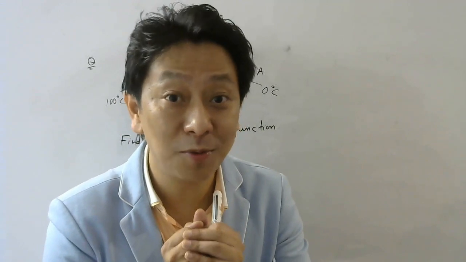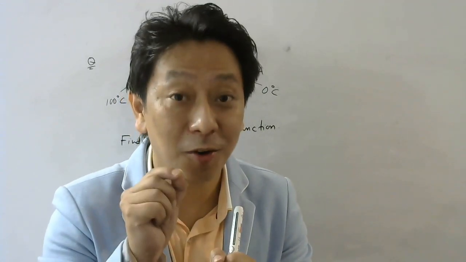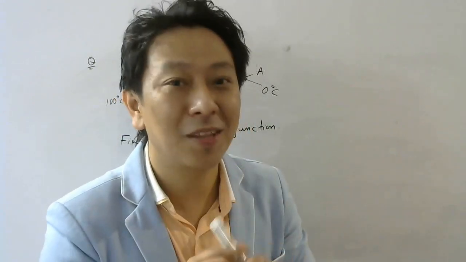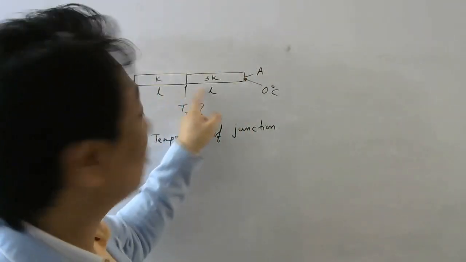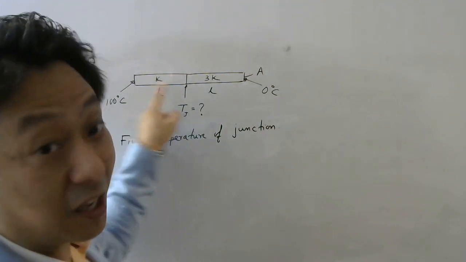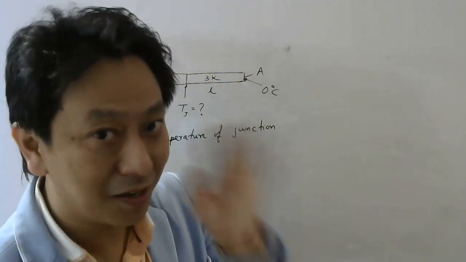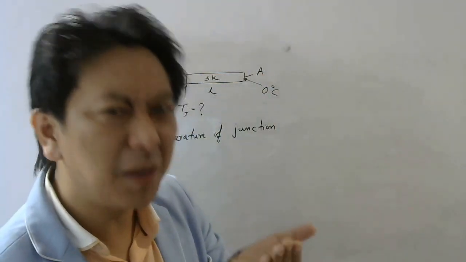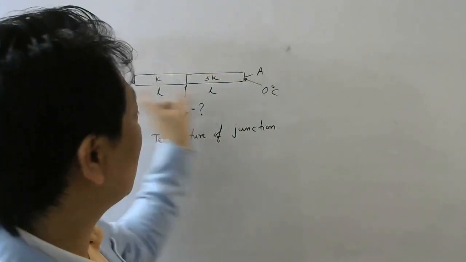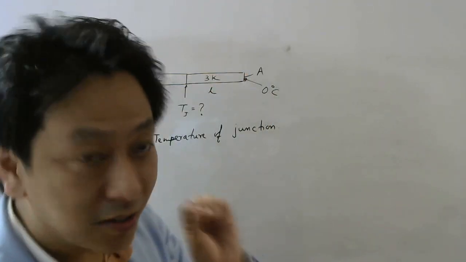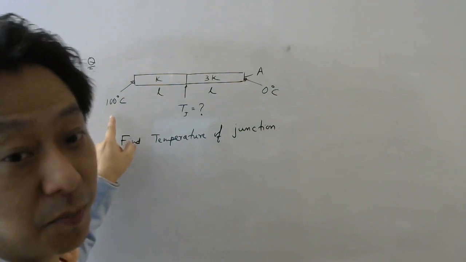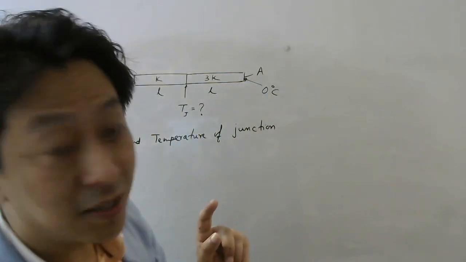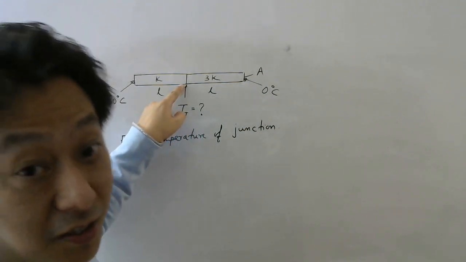Now, we will do some problems where we need to find temperature of a junction where two or more rods meet. So, let's start with a simple one. So, here we have two rods with thermal conductivity K and 3K. So, the materials are different, length are same, area is also same. The length may be different, but in this case, let us assume the length is same and area is also same. This end is at temperature 100 degrees Celsius. This end is at temperature 0 degrees Celsius. We have to find temperature of the junction.